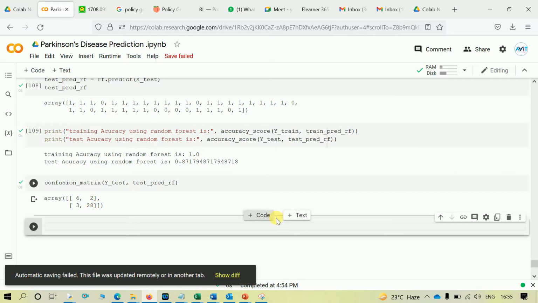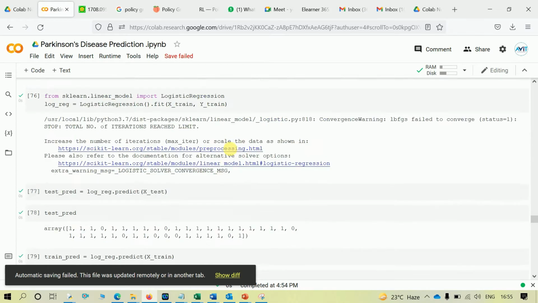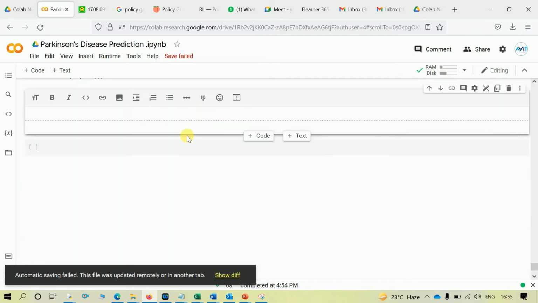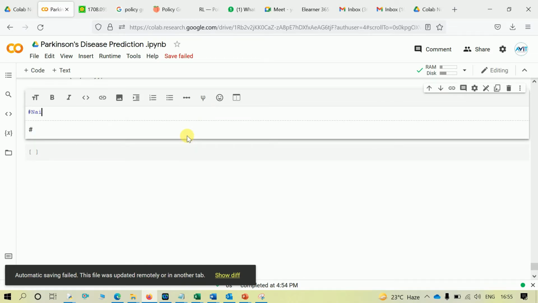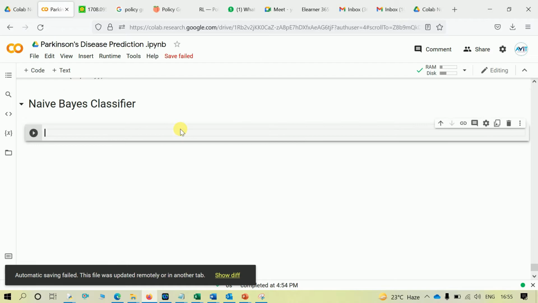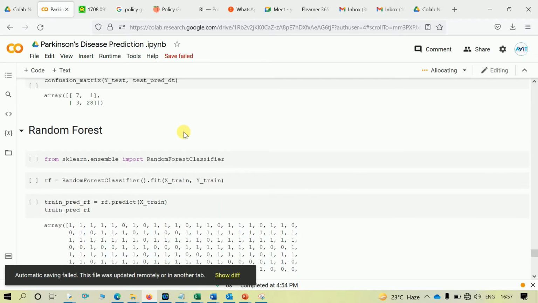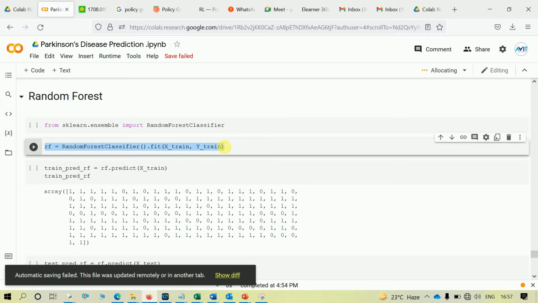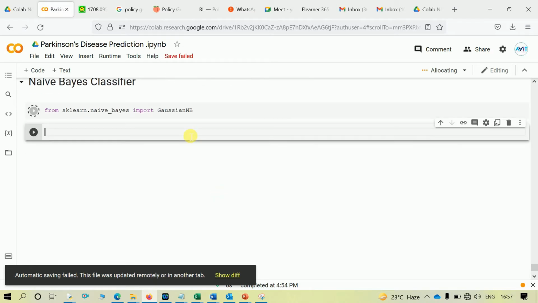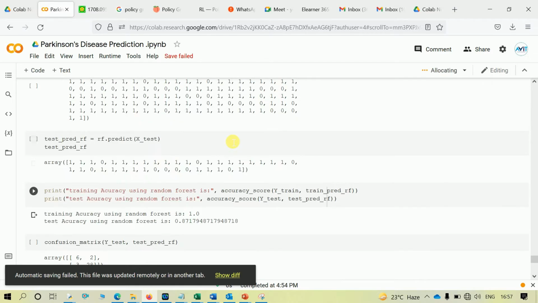Okay, so now next is, I think, naive Bayes, right? So yes, next is the naive Bayes classifier. Let's write the code for naive Bayes. I'll import our library first. So we will write from sklearn dot naive underscore Bayes import GaussianNB. Let's run this cell first and check everything is working fine. Meanwhile, because we are doing the same fit and predict thing, just to save some time, I'm copying a few cells.